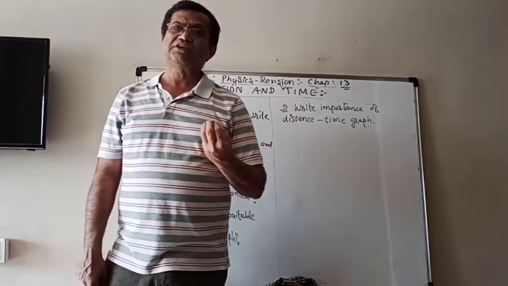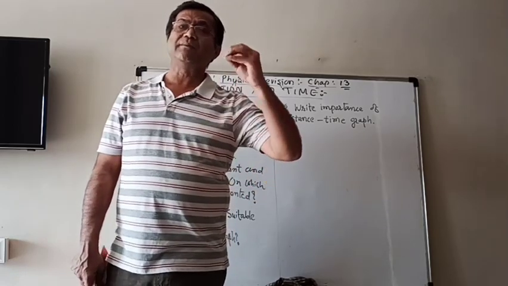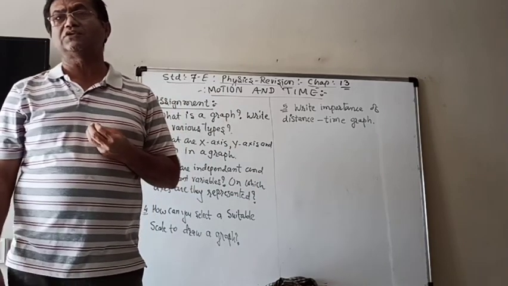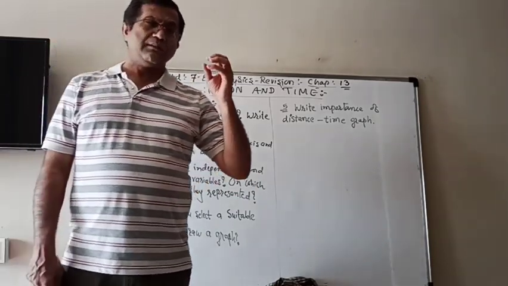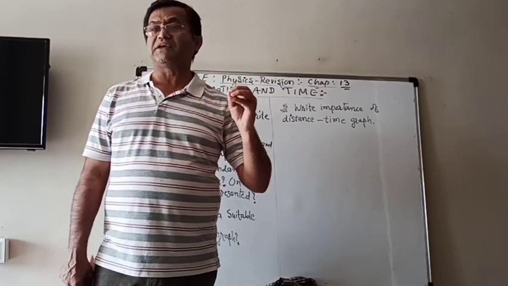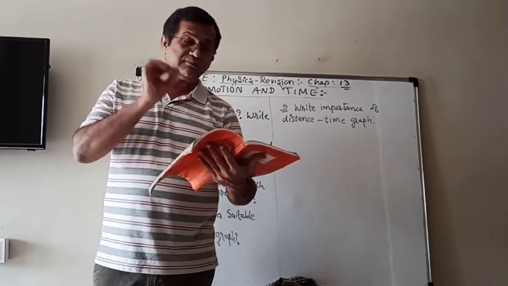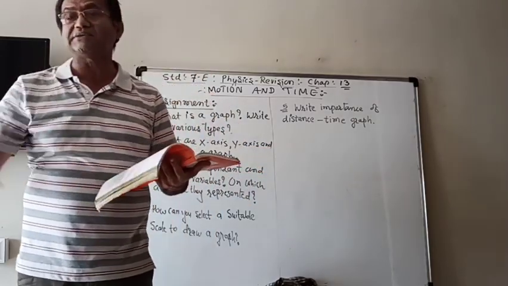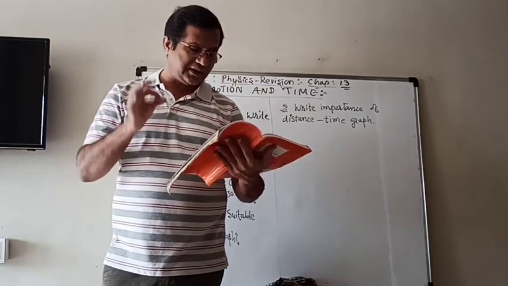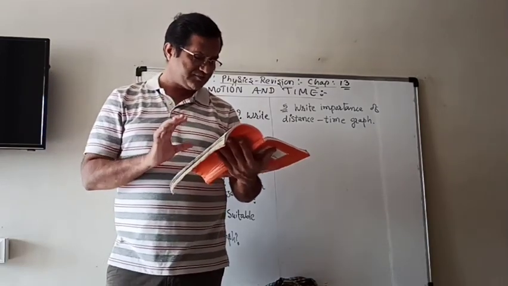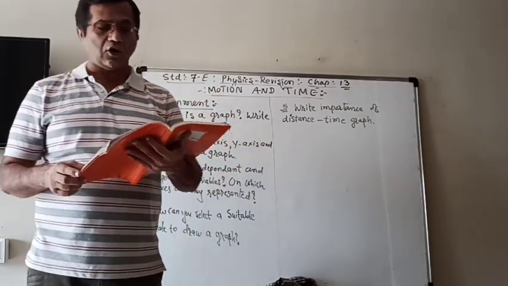Then it does not look proper, and it will not give you proper information about the graph either. So whenever you draw a graph, maximum use of the paper is very necessary. Maximum use means you have to utilize the maximum place on the paper, so that it looks nice and can be easily understood also.